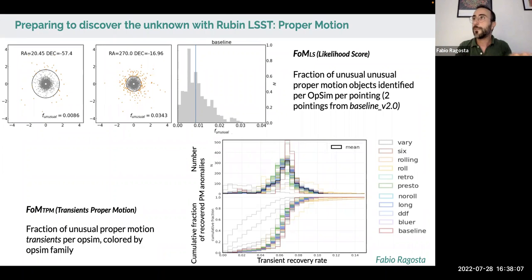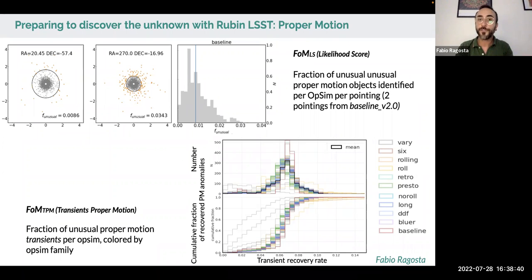Can you stay on the previous slide? Yeah. And what we measured adding this flux variability is shown in the bottom right plot of this very slide. The variability we simulated is a simple triangular shaped light curve that goes on and off randomly through the survey time with a linear rise and fall. The magnitude impacts the number of detections for each object and the signal-to-noise ratio of the proper motion measurement.